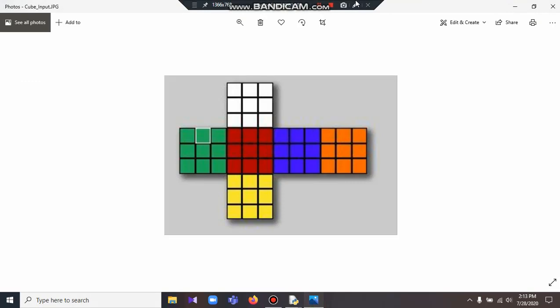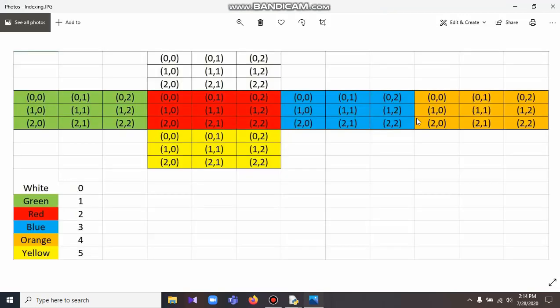Similarly, each face had some sort of indexing. Each face had indexing ranging from 0 to 5, and then each box on each face had its own separate index as shown here. So we had to keep track of indexes, so that as the moves are applied, we could keep track of the position of each of the boxes while manipulating the overall orientation of the cube.